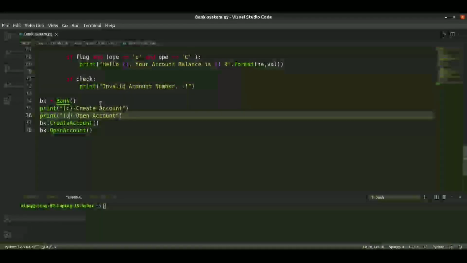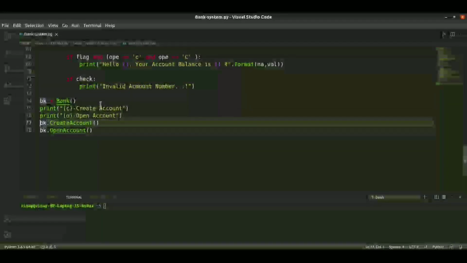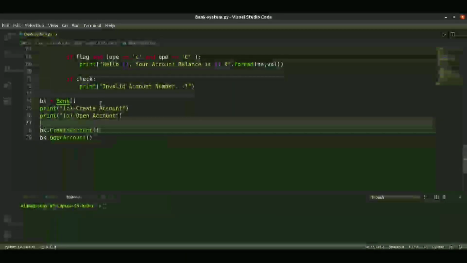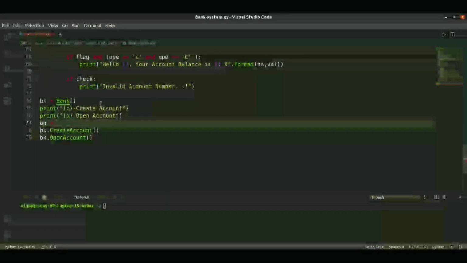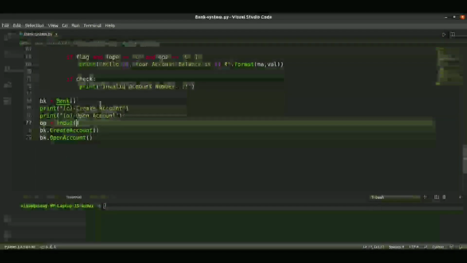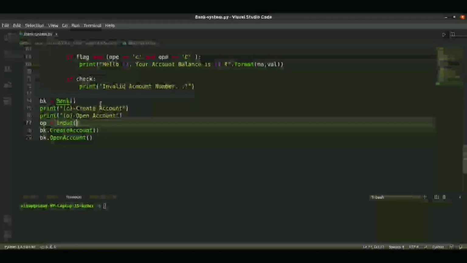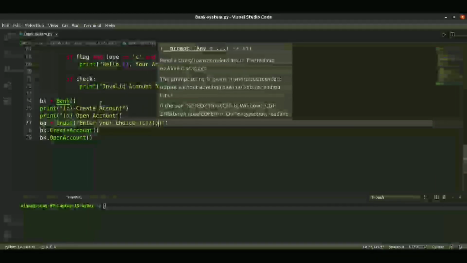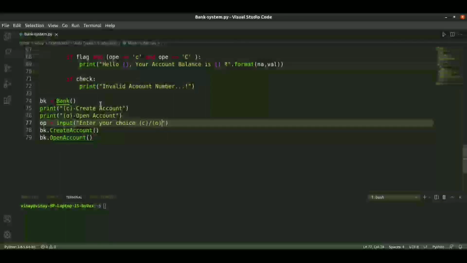For that we ask to enter O, and we will take the input as operation, suppose operation is equal to input. So he will enter the input, enter your choice, either C or O, that is create account or open account.